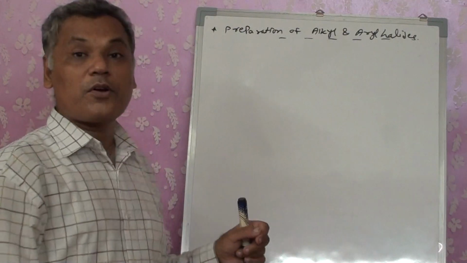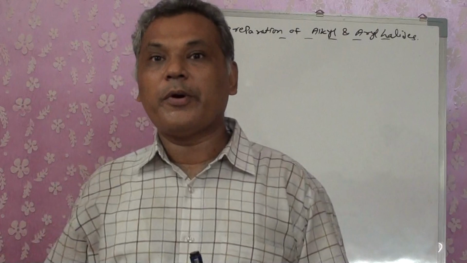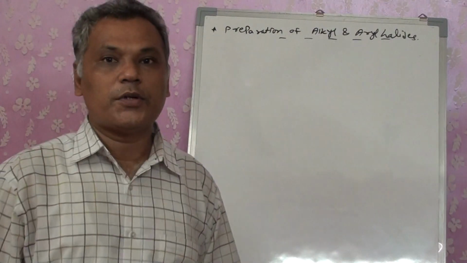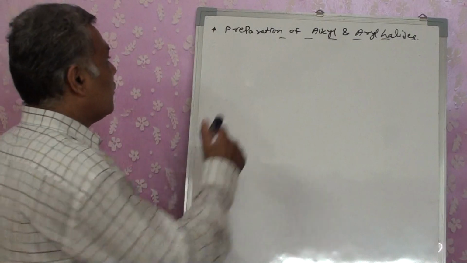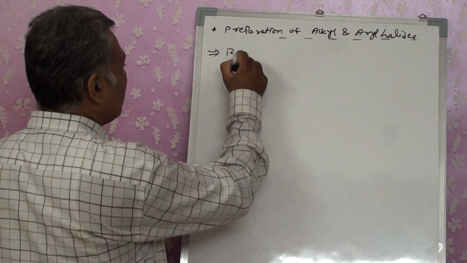Because in the anti-Markovnikov rule we saw that we can have only the bromide. But if I want to prepare chloride, then what to do? Can I first go for the bromide and then replace the bromine by the respective halogens? Then it is possible. So particularly for that case, we have a replacement of